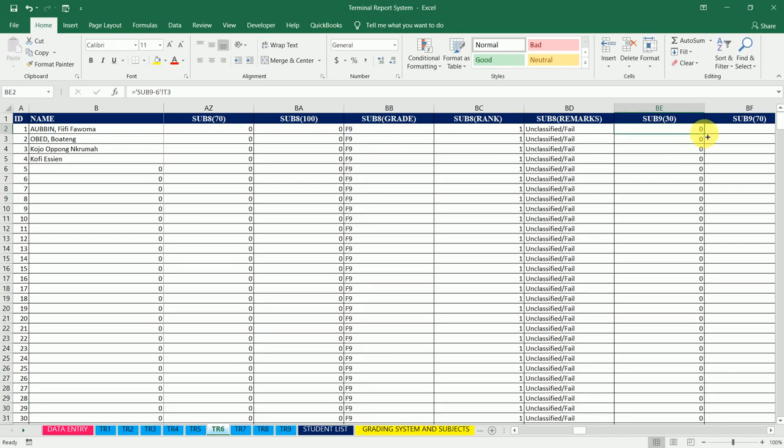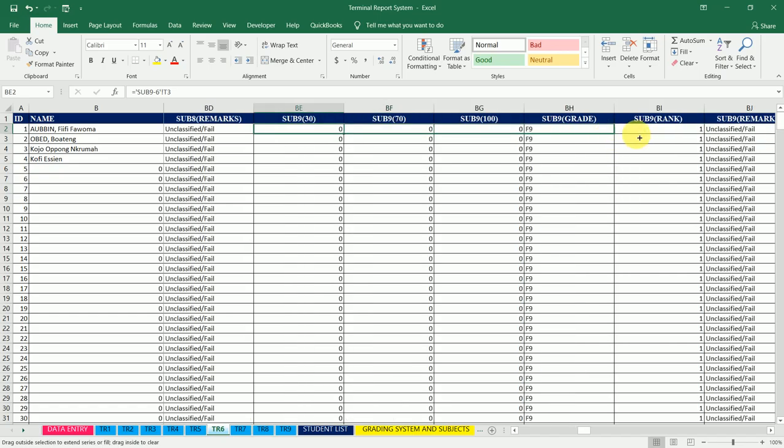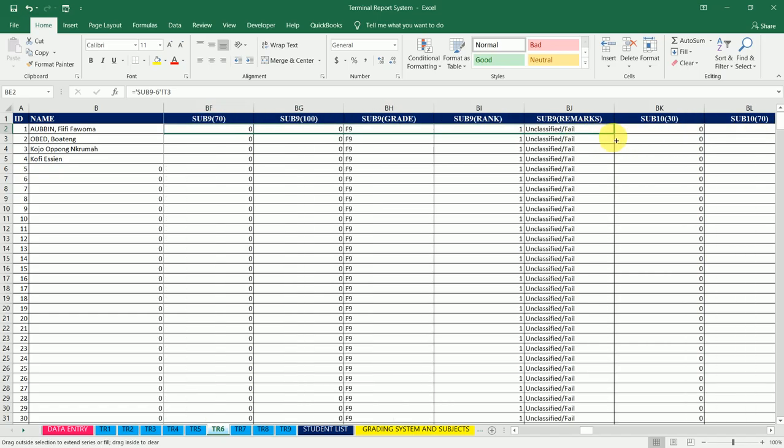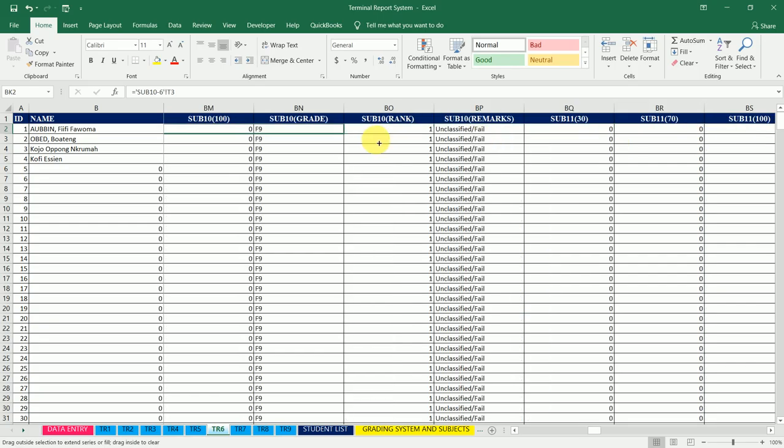I have to drag through subject 9 up to remarks, then subject 10, do a 6. Now drag through subject 10 up to remarks,